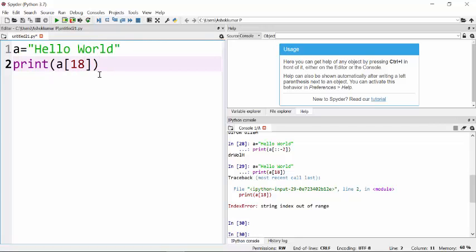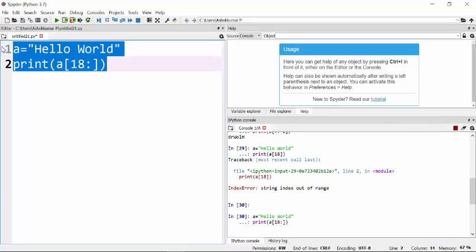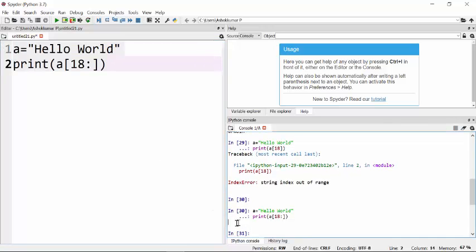But in slicing, even if you give an index out of the range, there will be no error. In that case, it will return an empty string. So let's run this code and see, there is an empty string printed. So there is no error but a